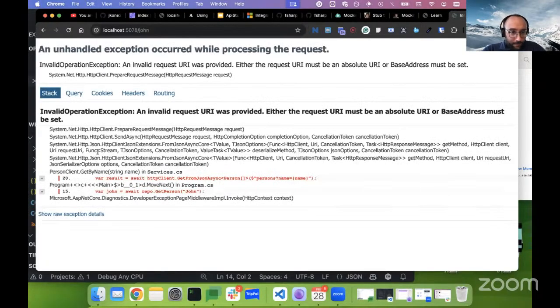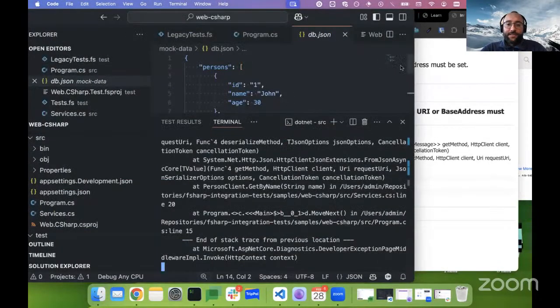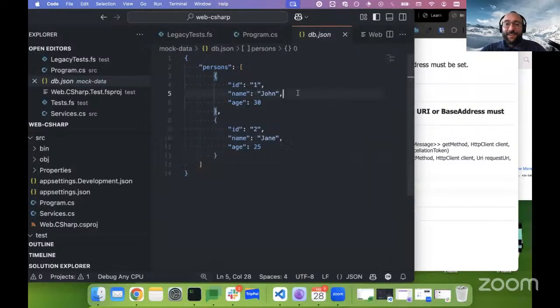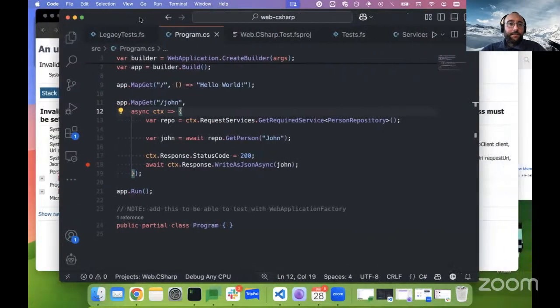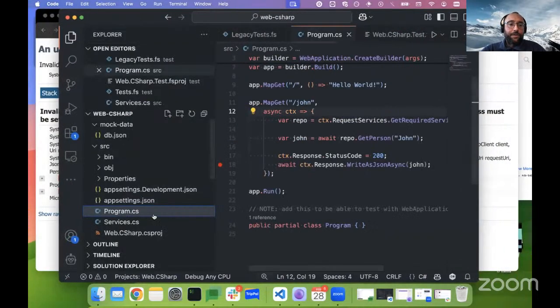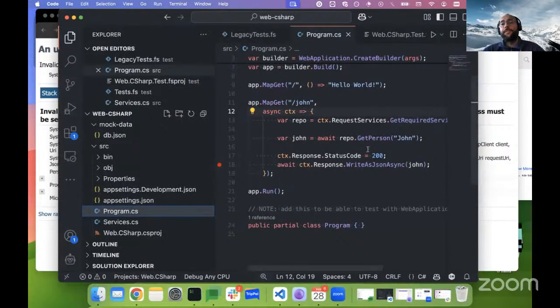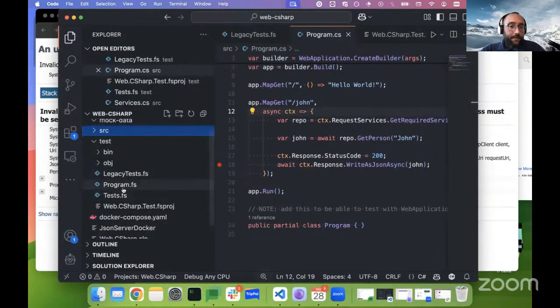No, sorry, there is something wrong. I think I made a mistake in my code, but okay, it always happens in a demo. But what I wanted to show you here is that if we go in the test section, let's assume that for everyone it is more or less clear that we have a C# .NET app which calls an external service via HTTP client, and we can see in the test we have